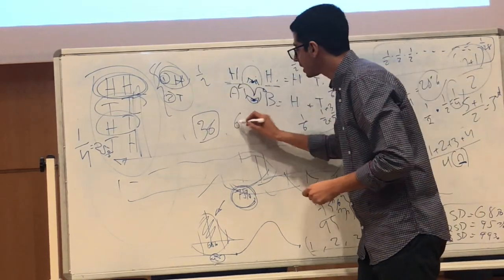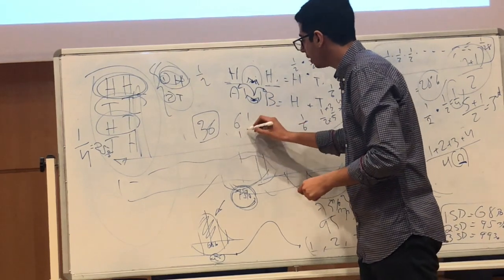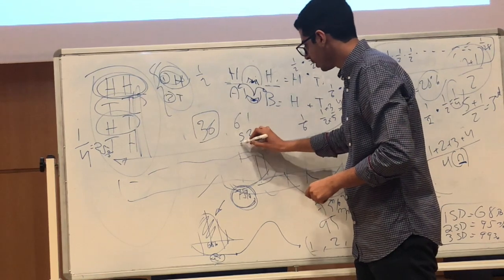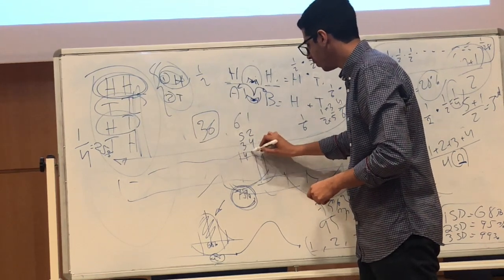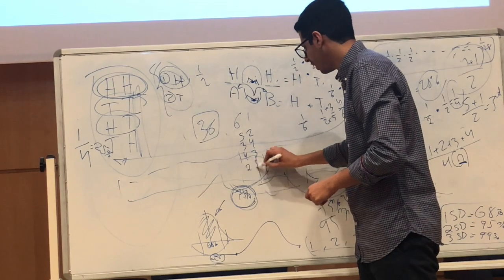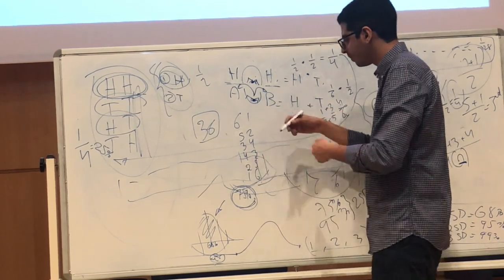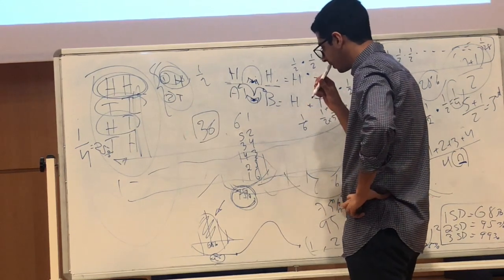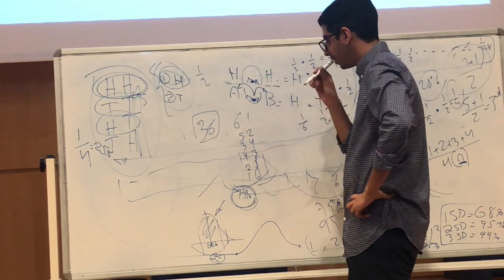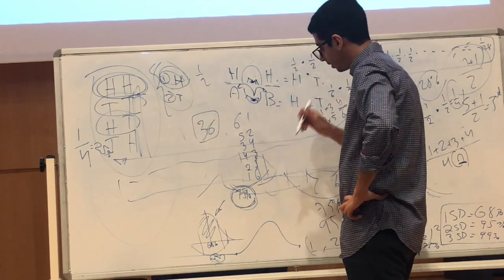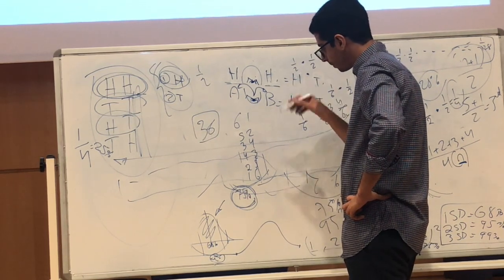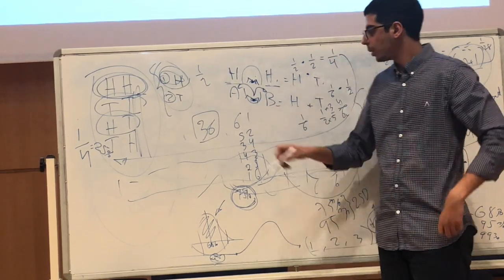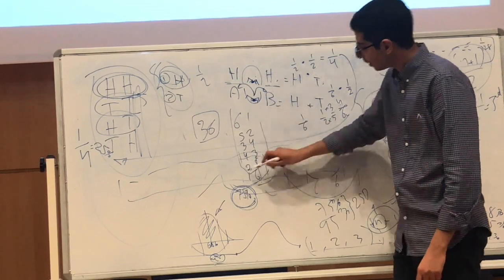We can have 6 and 1, 5 and 2, 3 and 4, 4 and 3, 2 and 5, 1 and 6. And then we can flip them as well. We did flip them. What else is there? Is this everything? Yes. Now just make sure: 5, 2, 2, 5, 3, 4, 4, 3. This is everything.